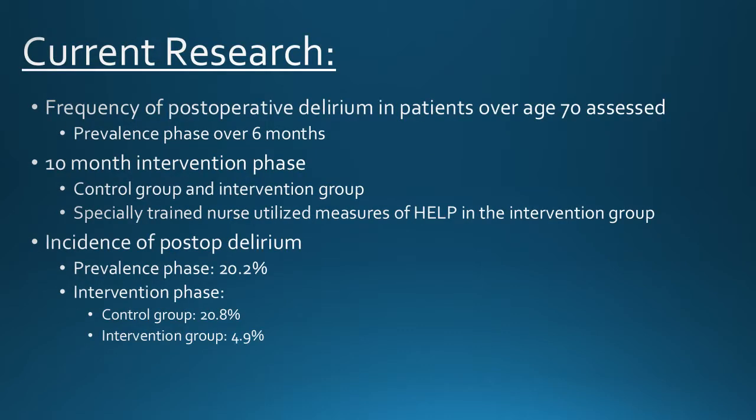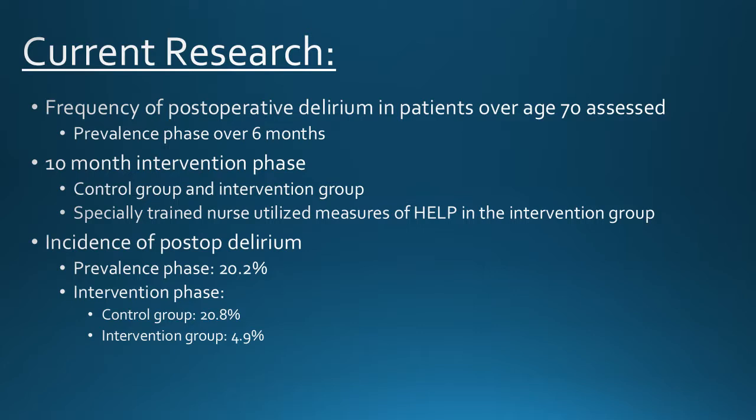Current research on the prevention of post-op delirium was conducted via a study across 2 surgical wards of a general hospital. A prevalence phase over a 6-month period was done where no interventions were carried out and the number of patients who developed post-op delirium were counted. After that, a 10-month intervention phase was carried out with a control group and intervention group. In the intervention group, a specially trained nurse in the management of post-op delirium performed interventions that are component measures of the Hospital Elder Life Program, or HELP. These interventions included validation techniques, improvement of sleep, cognitive activation, early mobilization, improved sensory stimulation, and improved nutritional and fluid